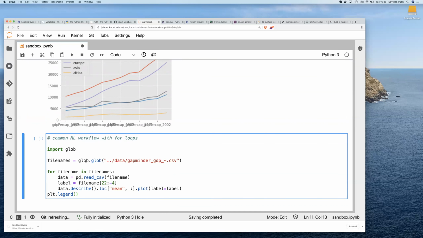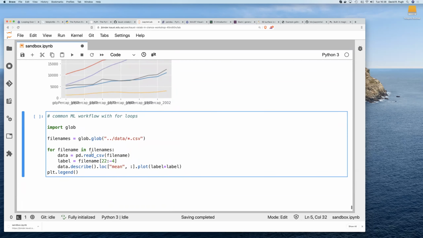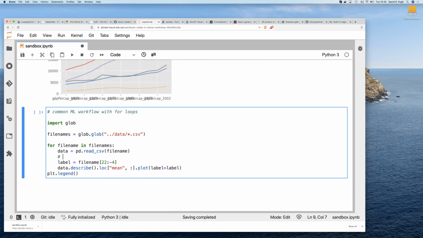I will glob.glob my CSV files, then loop over my files, and then load the files, and I'll have some step which will be